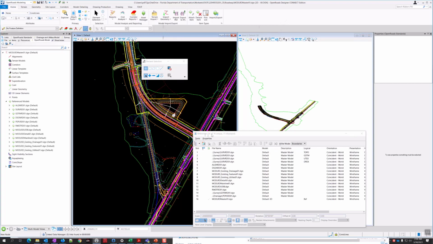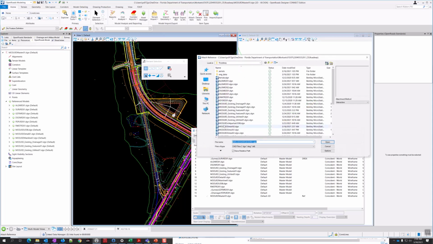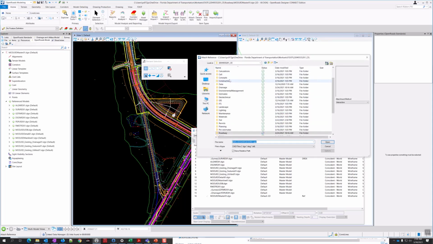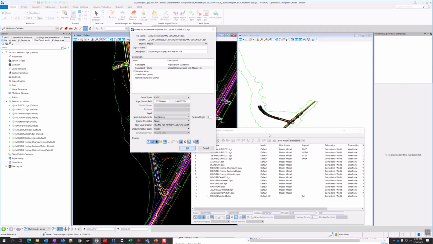So we're just going to come over here. If your reference is not open, you open it up from here and come over here and select attach reference and navigate to your 3D folder. So we created in this one it's the proposed top surface, and the EW it's the proposed bottom surface. And make sure you select the DGN, not the DWGs on this. So you can attach DWGs, but they may not have the surface that we need. So select those DGNs, and click open.